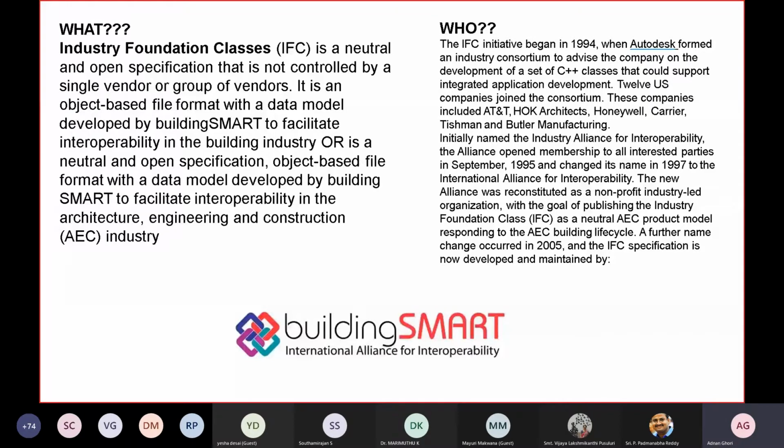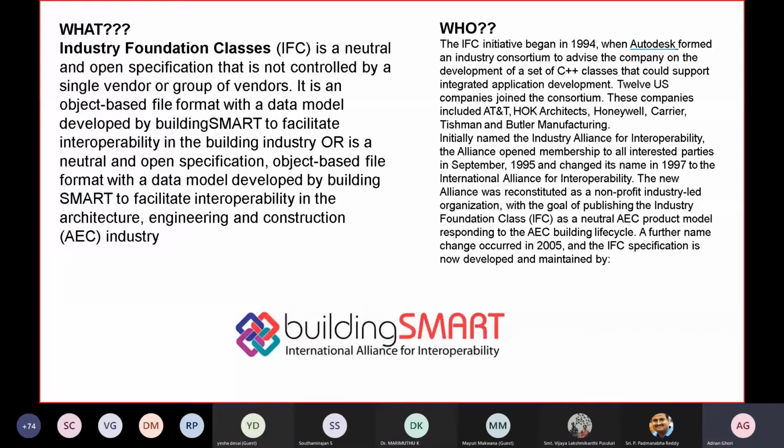The main purpose of Building Smart is to have a common or neutral platform where every person can share information. For example, some people among us may work with STAAD Pro, or AutoCAD, or SAFE, ETABS or any other tool, right? But there should be one common neutral platform where you can visualize the data and information in it. That's where the IFC comes in.